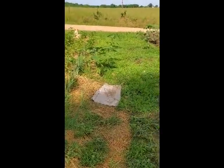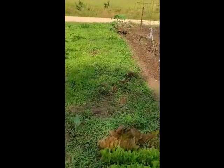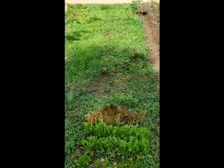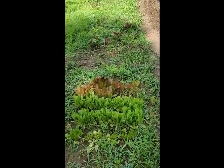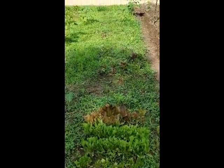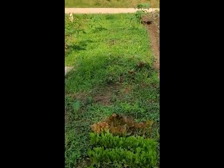Then I have this very grassy patch that got away from me. This is where I had my little greenhouse covers. I had lettuces, which you can see there. There are some carrots and beets in there. I really think that I'm just going to have my husband till it all under and I will start over